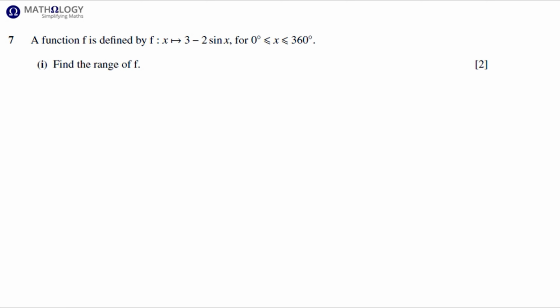Function f is defined by f of x equals 3 minus 2 sine x for x between 0 and 360 degrees. Find the range of f. Now, while it's not necessary to draw a sketch graph, it is a nice idea. When it comes to trigonometric functions, it's very straightforward to read the range of a trigonometric